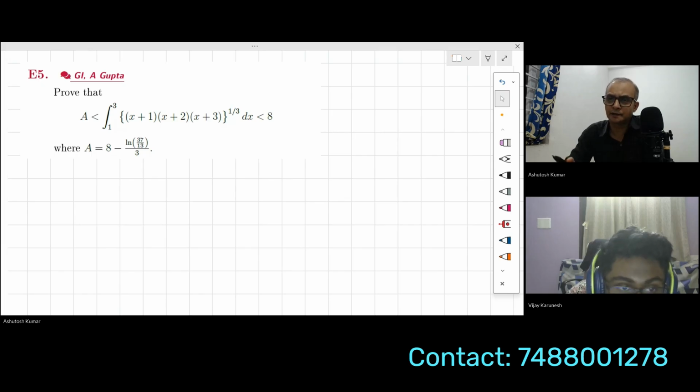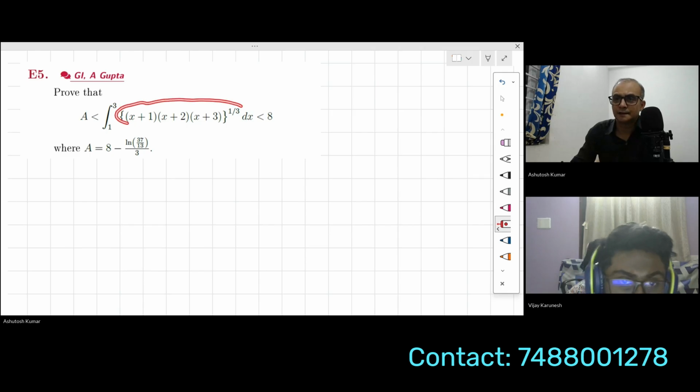So if I give you the hint, you can try. The hint is, how do we know that whatever x you take, these values are positive, correct? Yes, sir. Now you can understand that these are numbers. This entire expression is indicating the GM of these three numbers, correct? Yes, sir. So GM is involved in some inequality. You understood? Yes, sir. GM is less than AM and greater than HM.